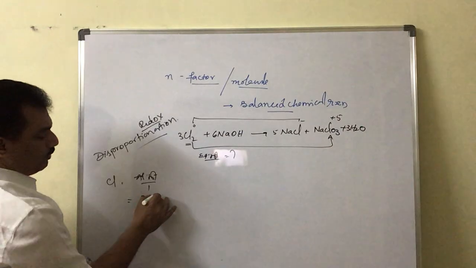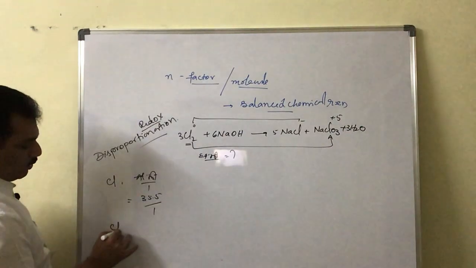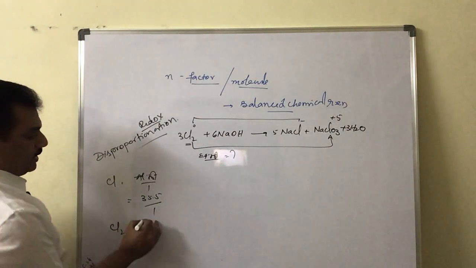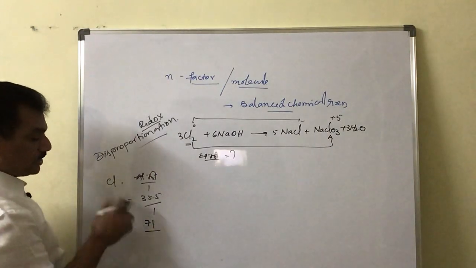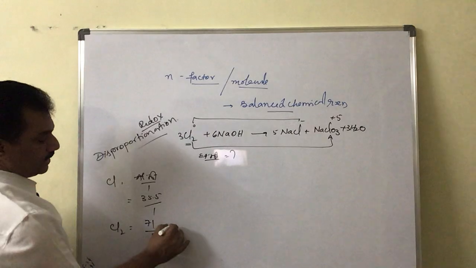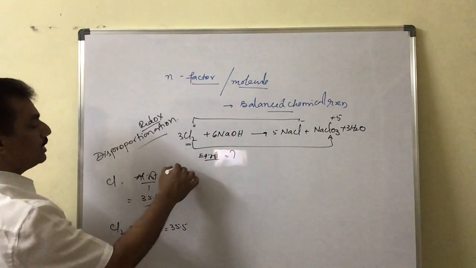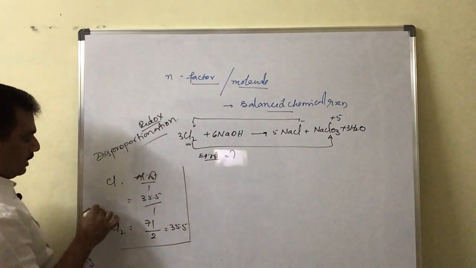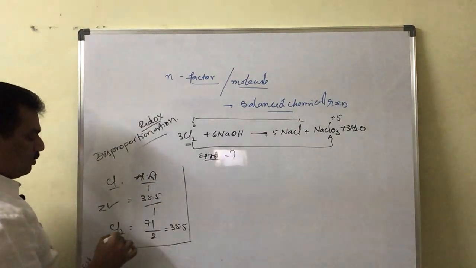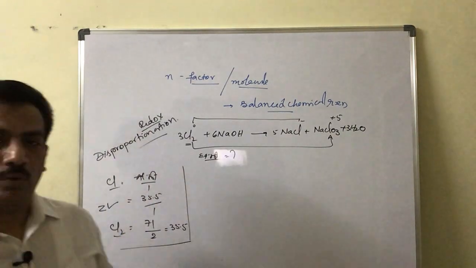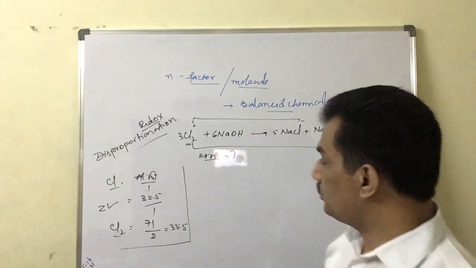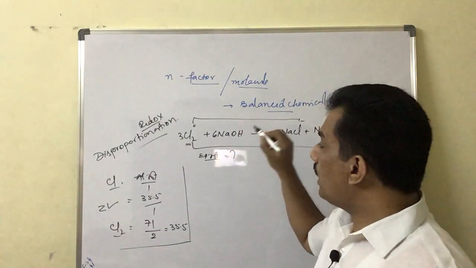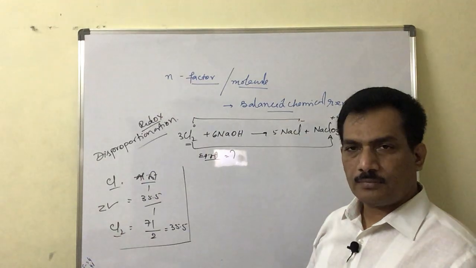Thereby atomic weight is 35.5 by 1. And in case a chlorine molecule is given, then its molecular weight is 71, and with 2 atoms, valency is 2 into 1, that is 2, so 35.5. This is in the normal case where Z factor is used when an atom or molecule is given. For chlorine we can measure like that. Clear?